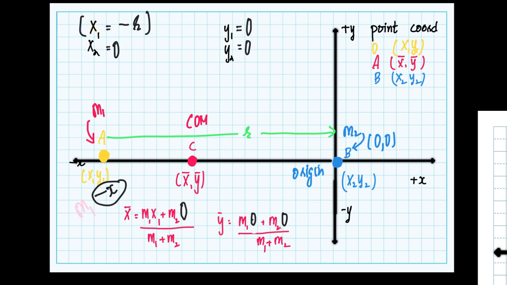Now what is m2 into 0? m2 into 0 is 0, which means this fraction will vanish. So m1 into 0 plus m2 into 0, 0 plus 0. So this complete fraction is 0 now. And all what we have is,